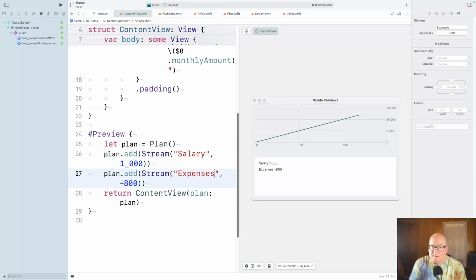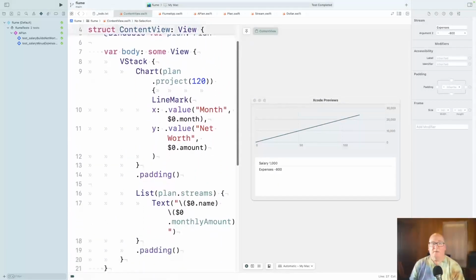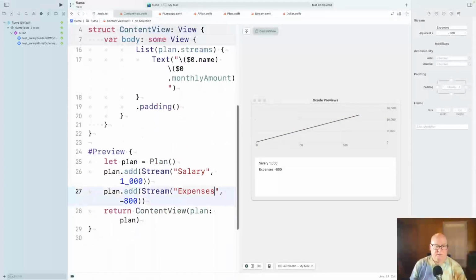Right. All right. So 200 a month is 1,200 a year times 10 years. Is that right? How many years did I say? 120 months. Well, we got 200 a month for 120 months. So 240, 24,000, I guess.